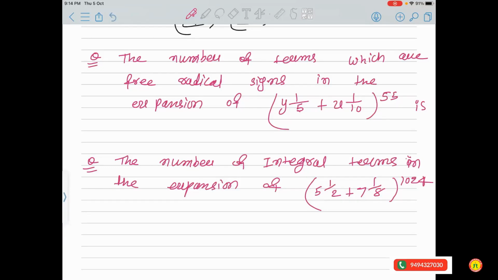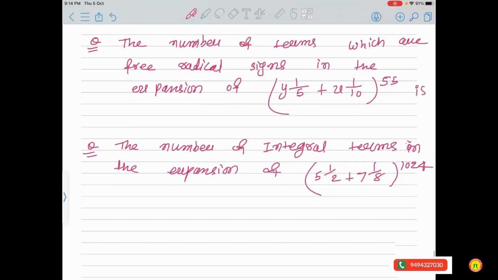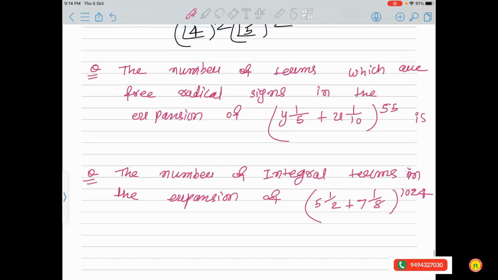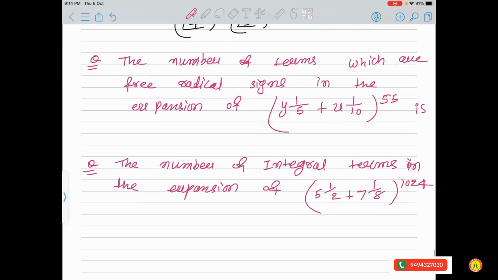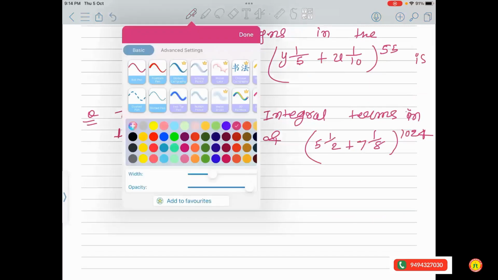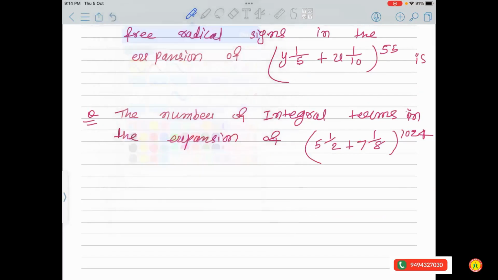So now, can you answer this question? The number of terms which are free from radical sign in the expansion of this. It means our powers, x power and y power, must be integers. Got it? So in the first question, if you write the general term, T(r+1)